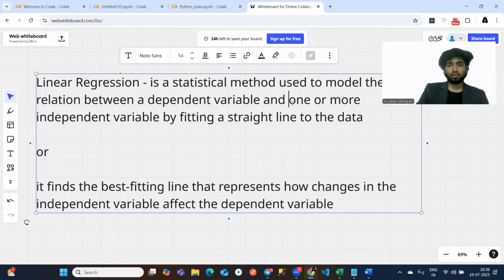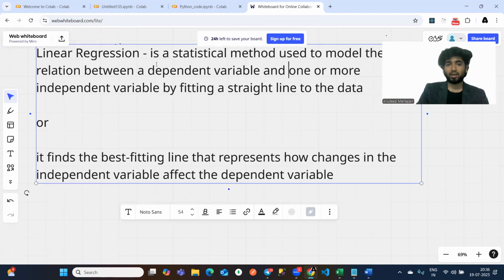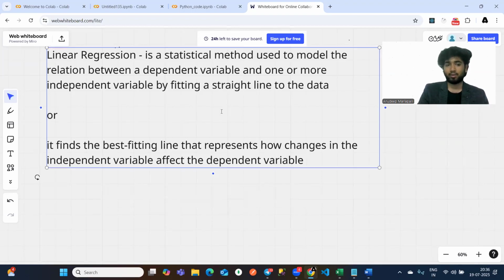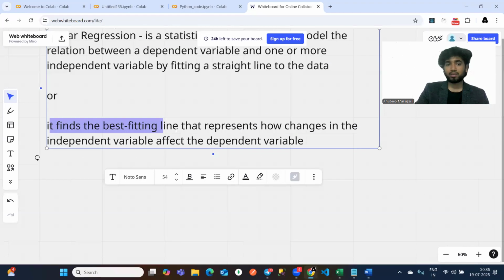So now here this is the definition of linear regression. It is the statistical method used to model relation between a dependent variable and one or more independent variables by fitting a straight line to the data. Okay, or keeping it very simple, it finds a best fitting line that represents how changes in the independent variable is going to affect the dependent variable. Let's see what does this mean. Now what we are going to do